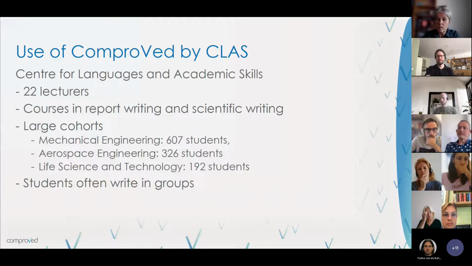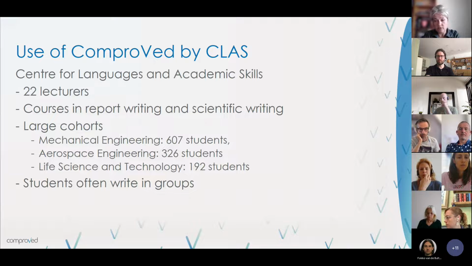For example, in the year that we used ComproVed, we had a cohort of 607 mechanical engineering students taking a course in technical report writing. In aerospace engineering, we had 326 students who were writing a scientific paper in groups of 10 students. And we had a life science and technology cohort of 192 students who wrote individual papers. So quite a lot of work to grade,